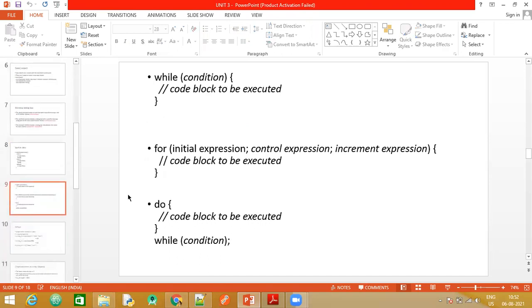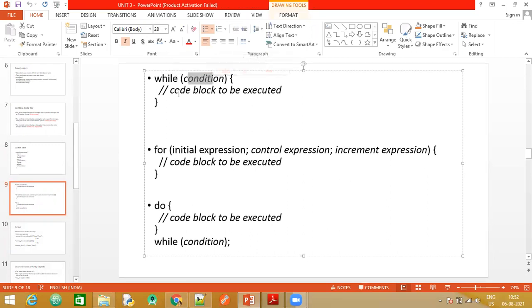Now after this, let's have a look at the looping statements, that is the while, for, and the do while. So observe the syntax here. Again, pretty much similar to your conventional programming languages. The while keyword, the condition to be tested, and if it is true, the block of code is executed. Coming to the for loop, the first is the initial expression, then you have the control expression till where the loop should be executed, followed by either an increment or decrement expression. And again, the block of code to be executed.